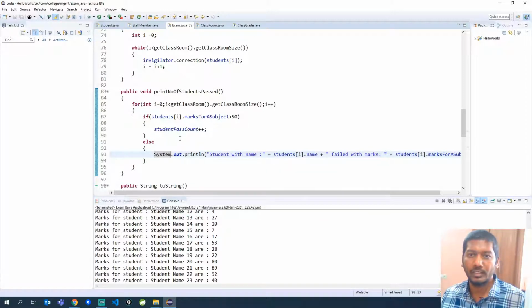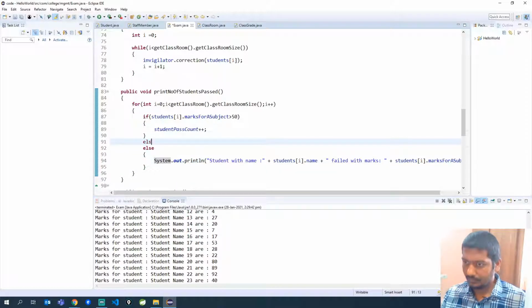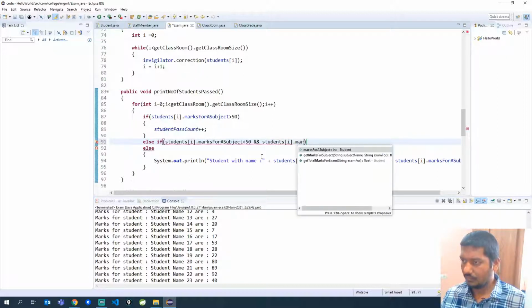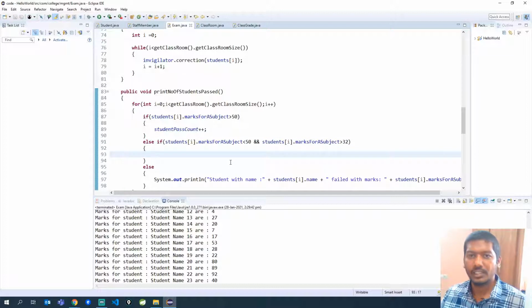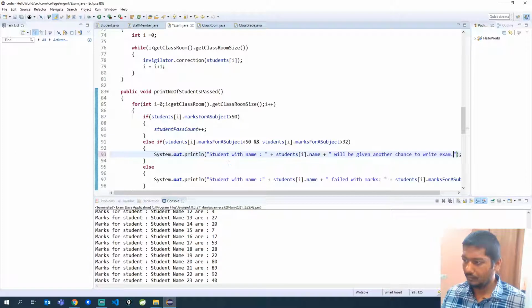So let me do one thing. Here I'm writing a special case so that I can explain how the if condition and the else if condition can be used.